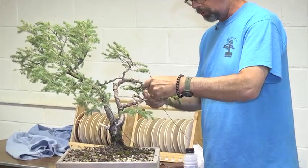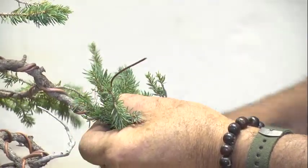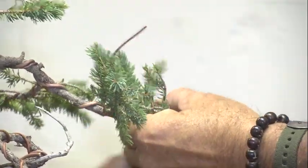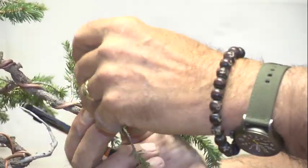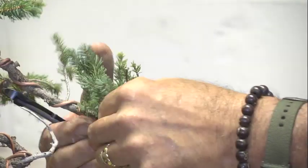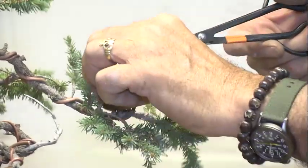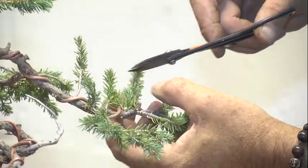So what I usually cut off are those sucker branches, weak branches, and then duplicates. You find a lot of branches that basically are doing the same thing as another branch. You have branches in the same position, and I usually weed those out. And then when that's all done, I can look at the rest of it and decide if there's more that needs to go. Like here, just to make it easy, I can get rid of these ones that are coming off the top, and any of these that are kind of clogging up the...